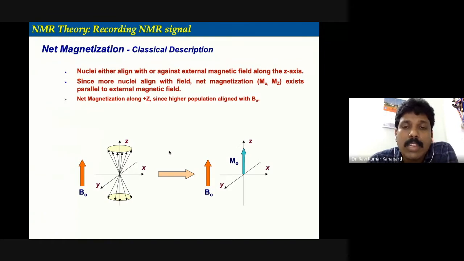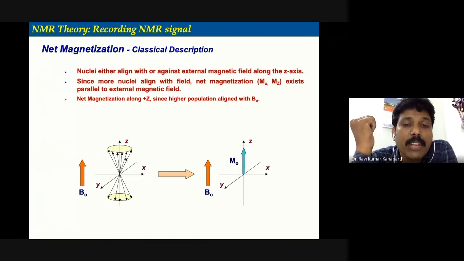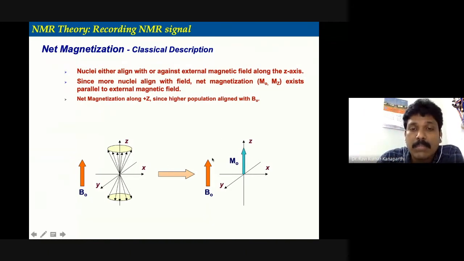So that magnetization, instead of showing everything, we normally show with a thick arrow. The thin line arrows actually represent the individual spins. You have more alpha spins; here are 5 spins opposing and 6 spins parallel to the applied field direction. As a result, you have at least some net magnetization vector.